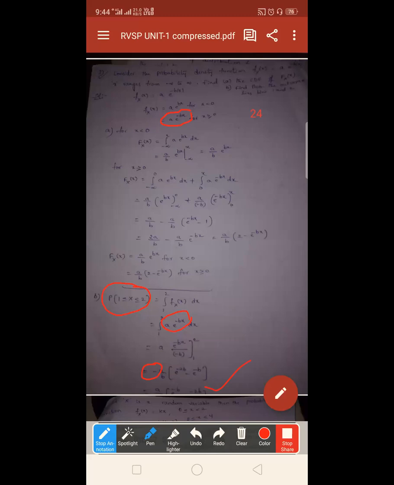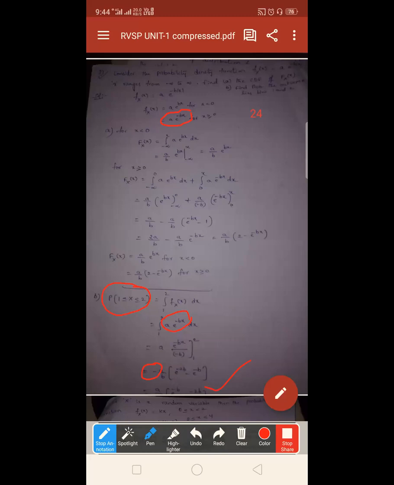Here the given problem, all of you see the given problem. Small fx of x is equal to a into e power minus b mod x. Modulus of x means x may take positive values or it may take negative values. So you have to define the function for both positive and negative values separately. Okay, now you have to solve 2 bits. First bit is you have to find the cumulative distribution function, capital Fx of x. So capital Fx of x is equal to integral small fx of x. You have to change the limits of integration according to the given data.